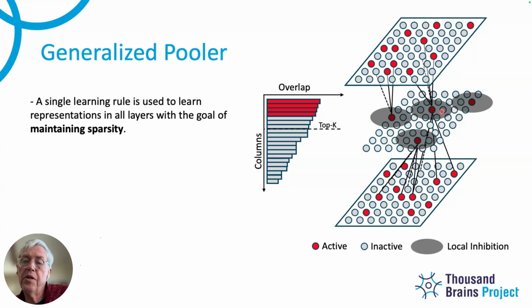Imagine we have 2% sparsity coming from the bottom to the middle, and 2% sparsity from the top to the middle. Let's say they're all 5,000 cells each. So you have 100 cells chosen out of 5,000 from one direction, 100 cells chosen out of 5,000 from the other direction. There'll be almost no overlap. There doesn't need to be overlap. But then you can't move together. There are no common ones. That's the point, I guess.